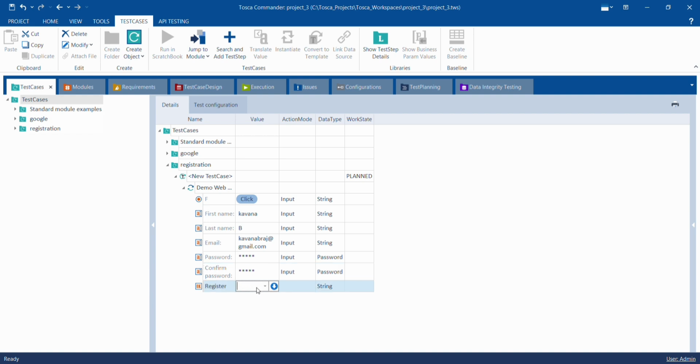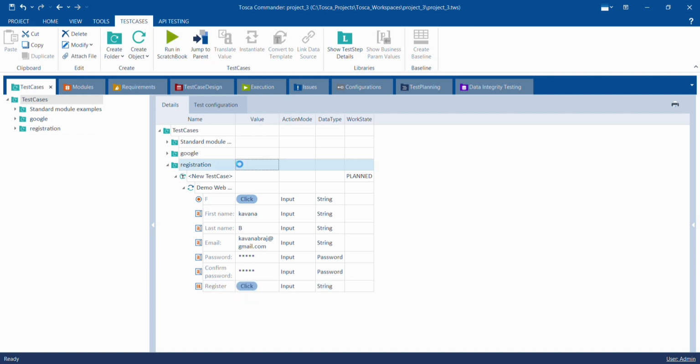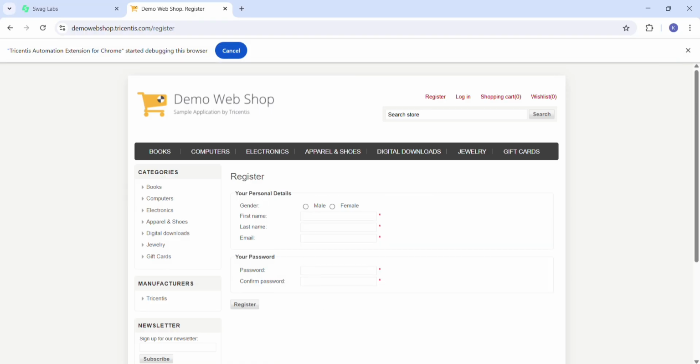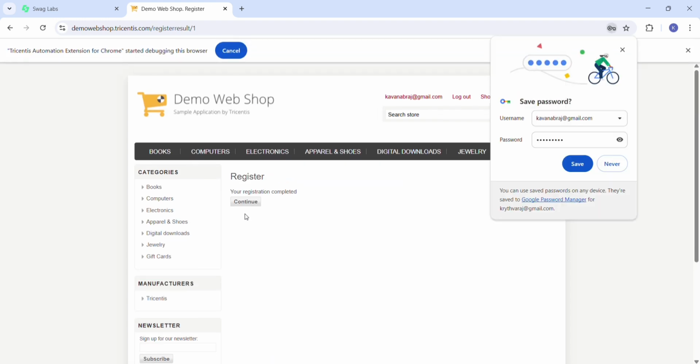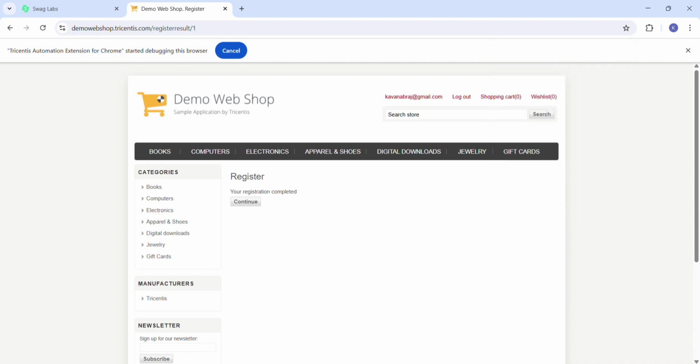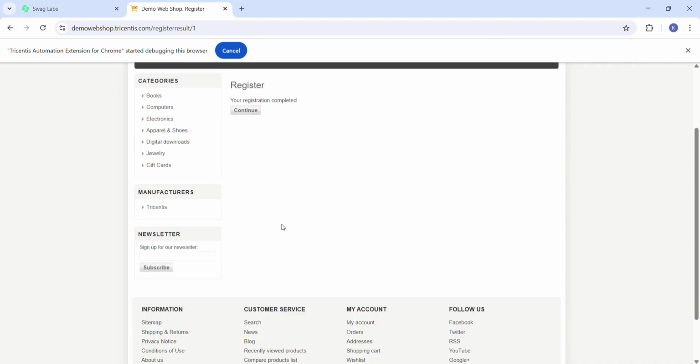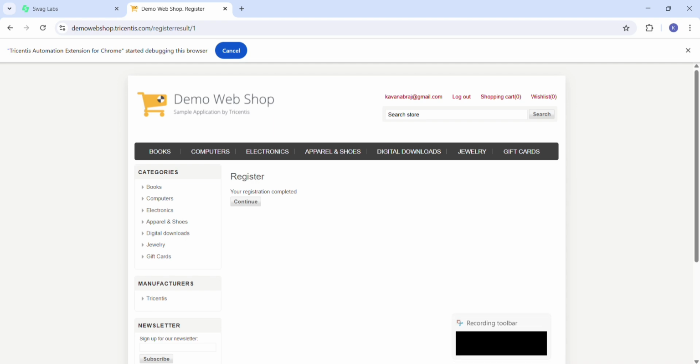After that, click the registration and right click the registration. After that, click run in ScratchBook. Here now you can observe it automatically enters the values which I had given in the test case. Now you can see how it's automatically clicked, and I got the result as green, and here my registration has been completed. In the next step, in the same Tosca dashboard project, I'm going to create the add to the cart